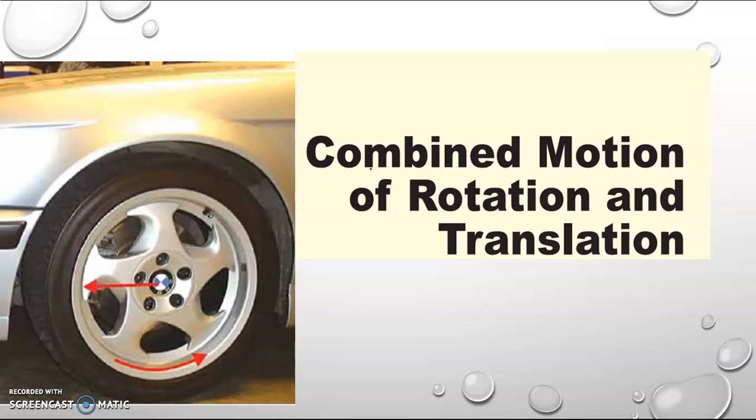So here in the figure you can see a wheel of a car. Normally when we travel in a car, we experience a linear motion. As the wheel is attached to the car, the wheel also experiences a linear motion. But to provide us a linear motion, the wheel rotates in a circular mode, that is, the wheel experiences a rotary motion. Due to the rotary motion of the wheel, we experience a linear motion.